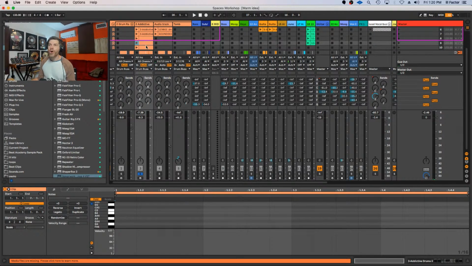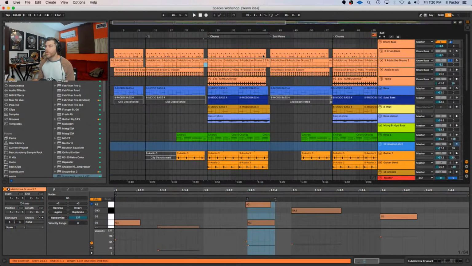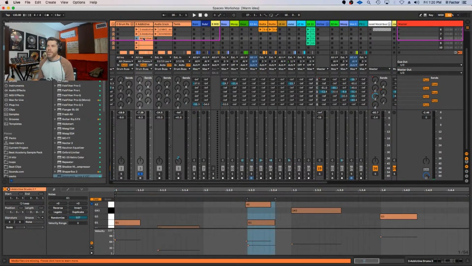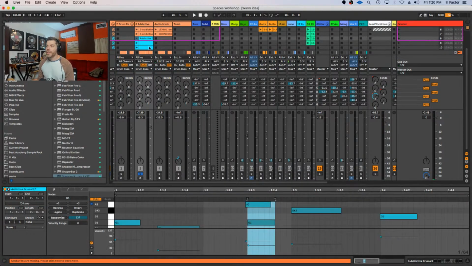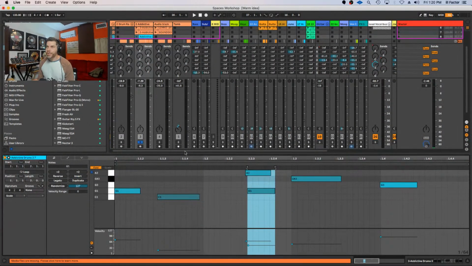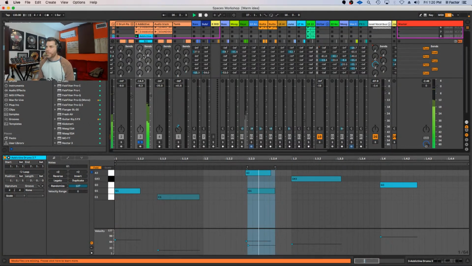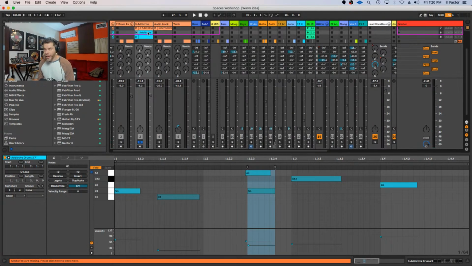clips. These are all 1 bar clips, and you can extend them to 2 bars, 4 bars. I usually keep it 1 to 2 bars. In here, let me give you an example. I'll click and drag this over to this bar here. I'll give these a different color so you can follow along easier. So this will be fill number 1, this one right here. That's fill number 1, and I'm going to duplicate that so it's the same exact clip below that.